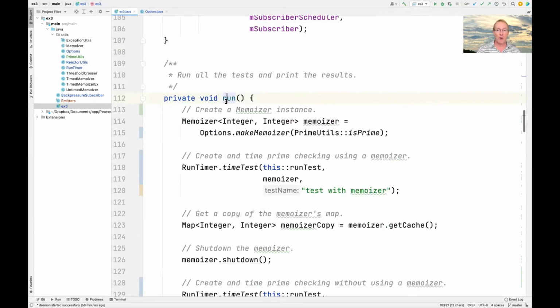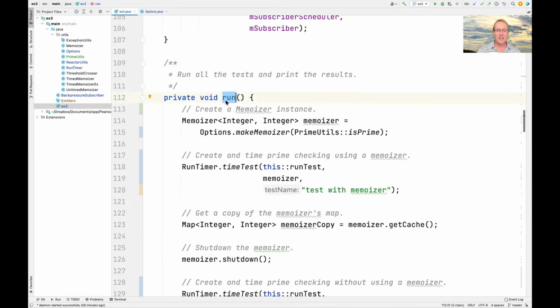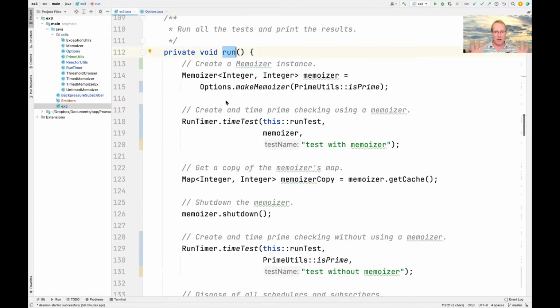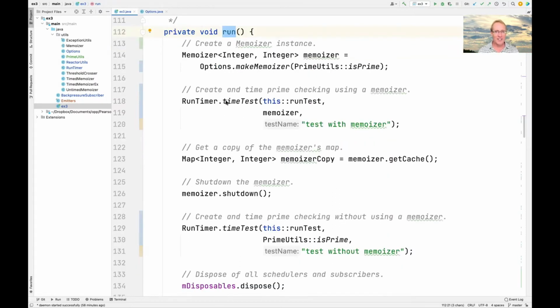This is what we call when we want to run the tests after we've initialized things. And again, I'll give you kind of the big picture view here, and then we'll dive down into the details as we go into other parts of the code. So we're going to have two different versions of this program. One is going to use a Memoizer, and a Memoizer, as we'll see, is just a special cache that wraps